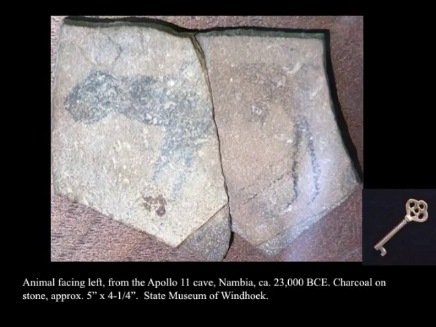Now, we're not entirely sure what kind of animal it is. It's referred to as the animal facing left, a very creative name, obviously. But there were several fragments of stone that were found with these plaques and paint, and some of these had recognizable images of animals. Now, we don't again know what animal species was rendered necessarily, but someone took great care to create these. It's also quite notable that these are done on pieces of stone that could have been moved